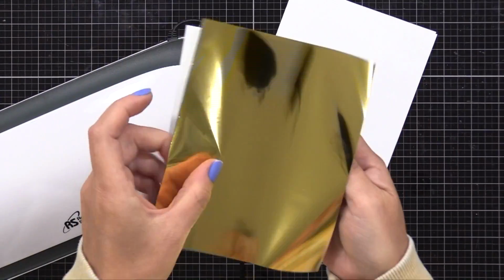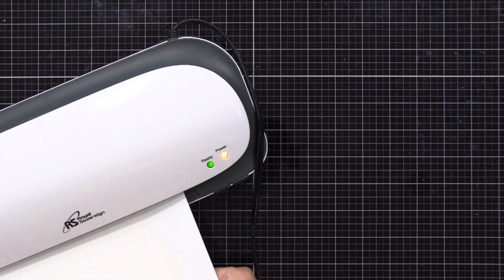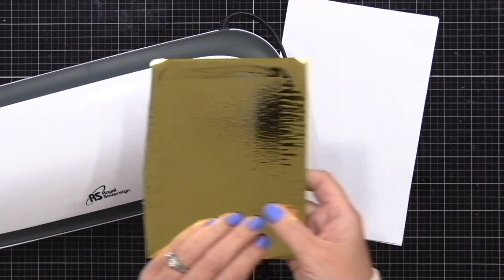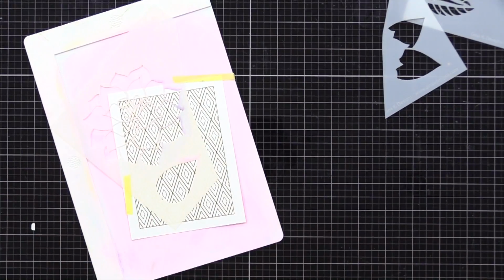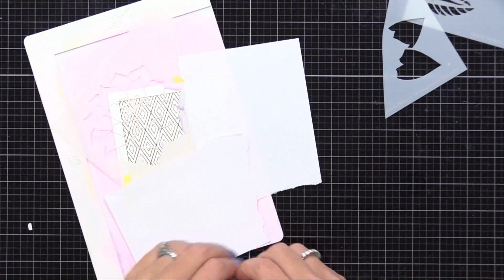This time I'm using the Poly-Glaze Diamonds foiling sheets from Gina K Designs along with gold Deco foil. I put those two pieces together in a folded piece of printer paper and ran it through my laminator. And look at this beautiful foiled result. I am now using the same layered stencil. This time I am again starting up in the top left corner,